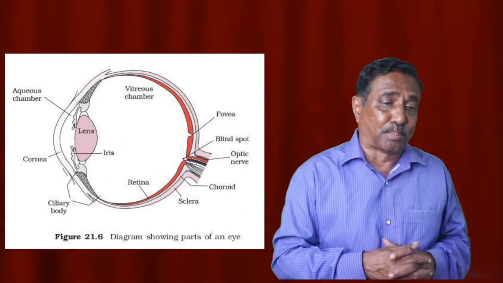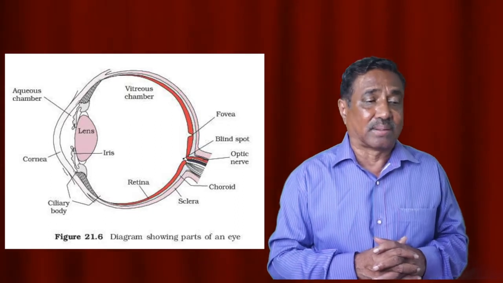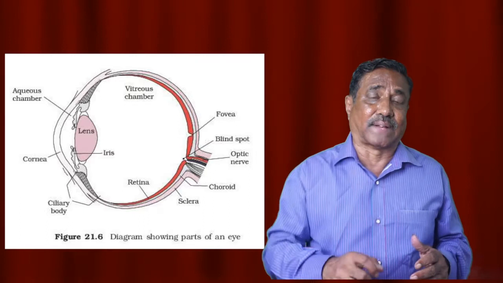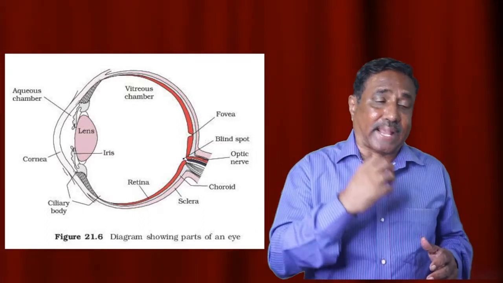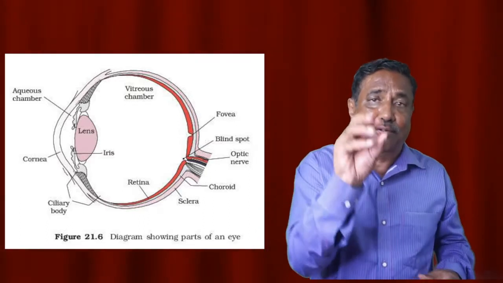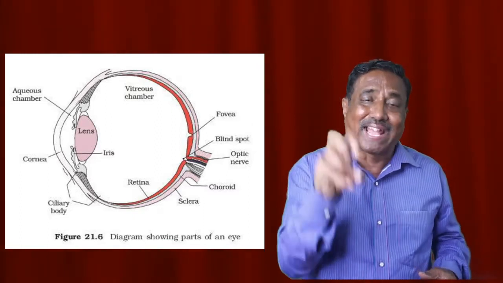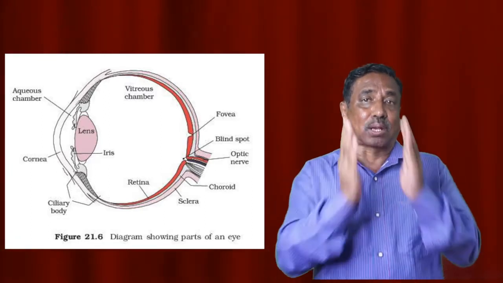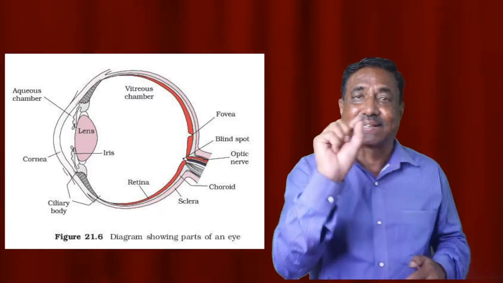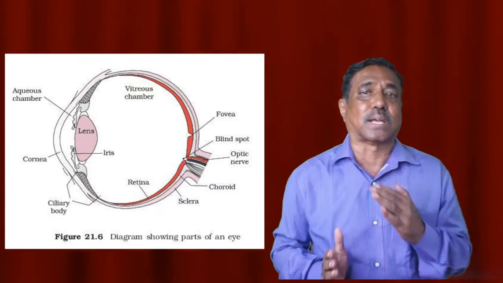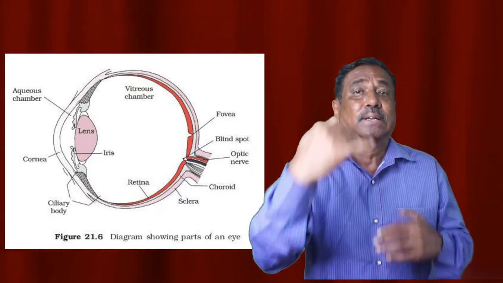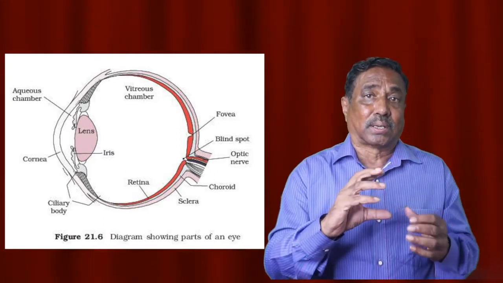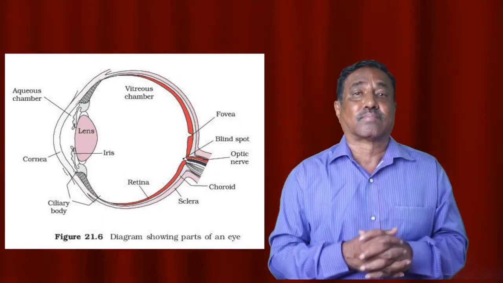thick towards the posterior region to form the ciliary body, and it is continued as the iris, which is the pigmented one, and the dilation or diameter of the pupil is controlled by the iris. And then in the choroid region there is a biconvex lens. In the center of the lens there is the pupil which regulates the amount of light. That is actually the iris which regulates the diameter of the pupil.